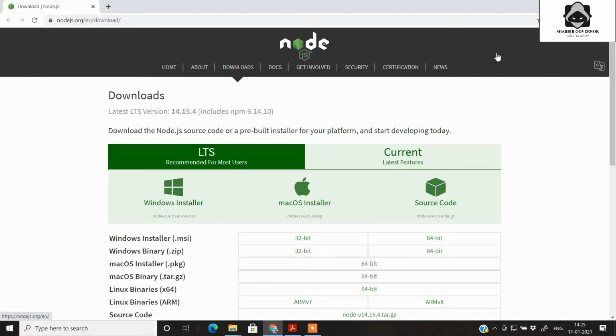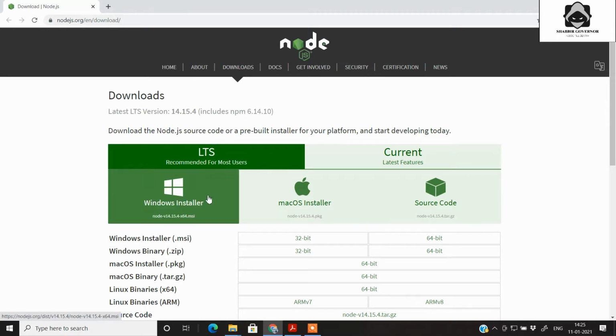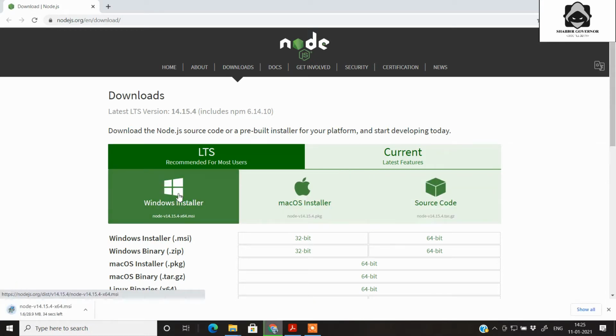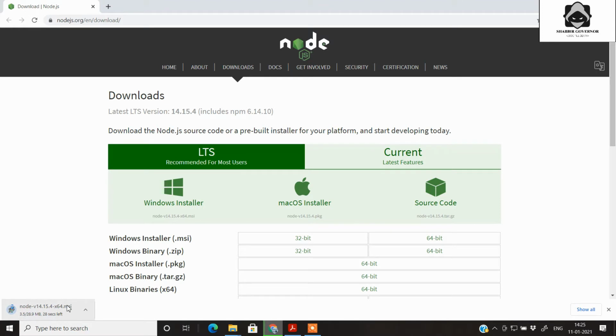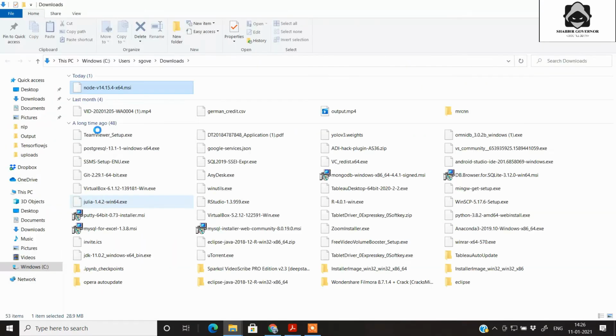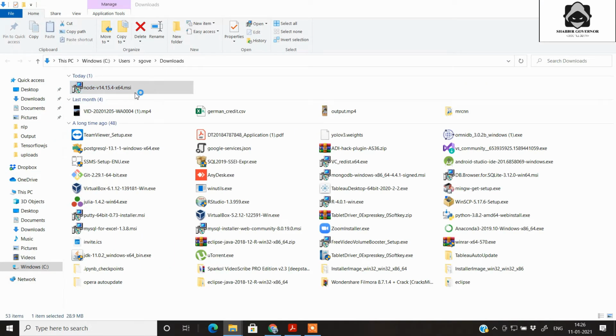So let's get started. You need to go to the Node.js downloads page, which is the website of Node.js where you will find the application. Through your browser, just open this website, and once you have opened it, it will show you multiple installer options for Windows, Mac OS or other sources. I have a Windows PC, so I will go for the Windows option. One MSI will be downloading, so let's wait till the MSI downloads. So the MSI has downloaded, so let's double click on it.